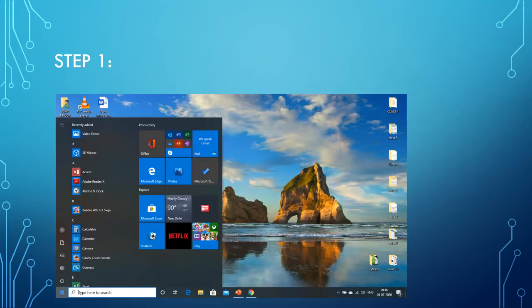See, the first step is to go to the start button. Here I have used the Microsoft 2010 version, so it's slightly different from Windows 7, Windows 8 and Windows 10, but the content will be the same, the procedure will be the same, the ways and steps will be the same. That is the first step.